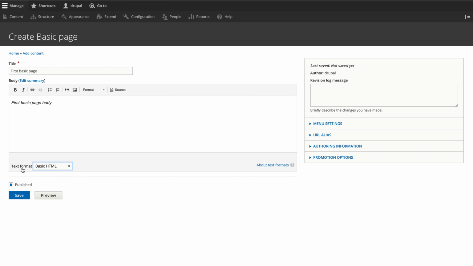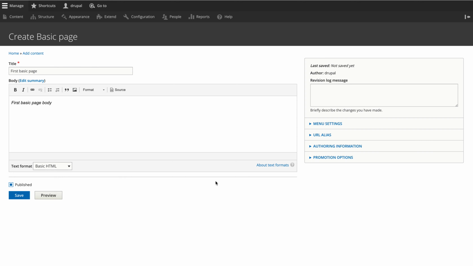You remember I was talking about the text formatter in the configuration. I'll give you the overview where I'll keep linking with your past knowledge. So here you can use a text formatter, and one more option is there: you want to publish this right away, or you want to just save. If you publish, it will be available for the anonymous user if you have those configurations, or for a logged in, authenticated user. So the publish functionality is for those.